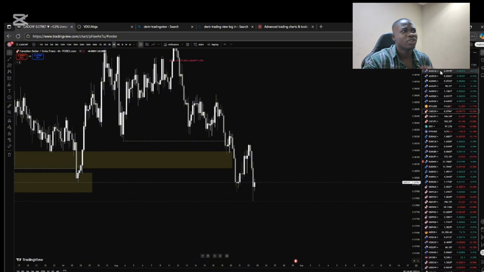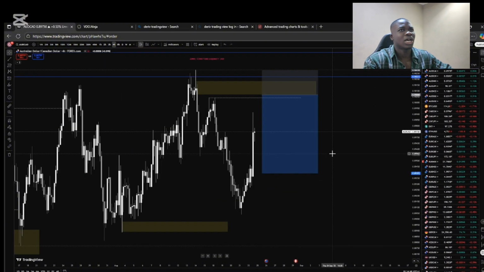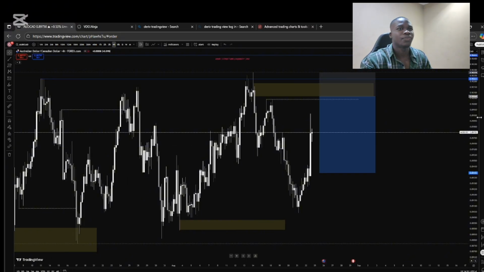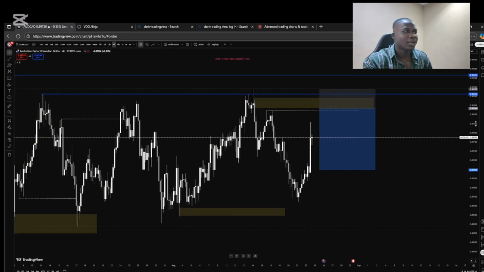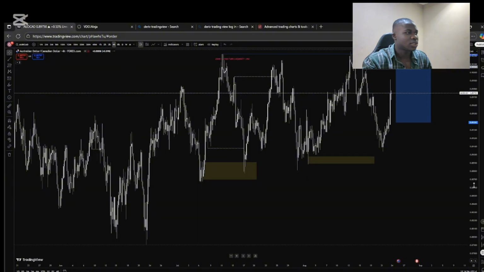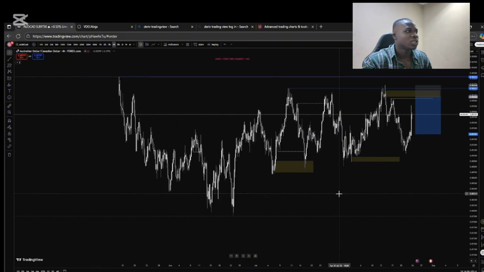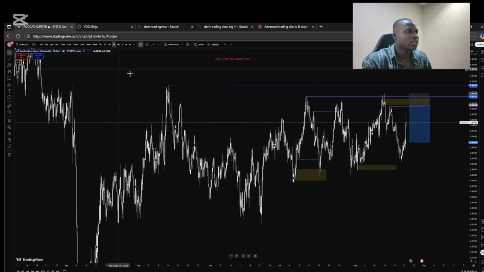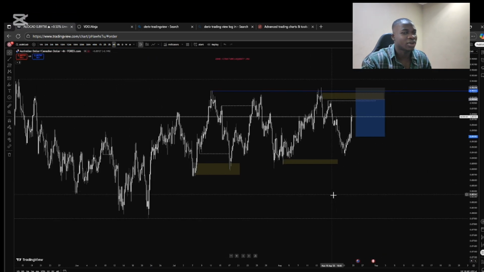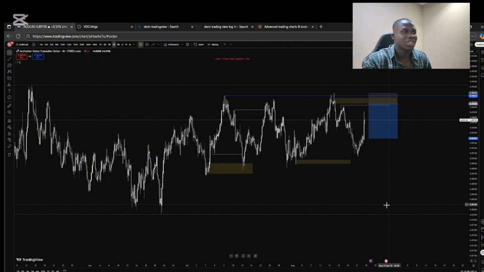So now we're moving on to NZD CAD. I'm looking at this one on NZD CAD. This is basically my thought process. I'm looking at this sell on NZD CAD, but I'm not sure I will be taking the sell. And the reason why I will not be taking the sell is because